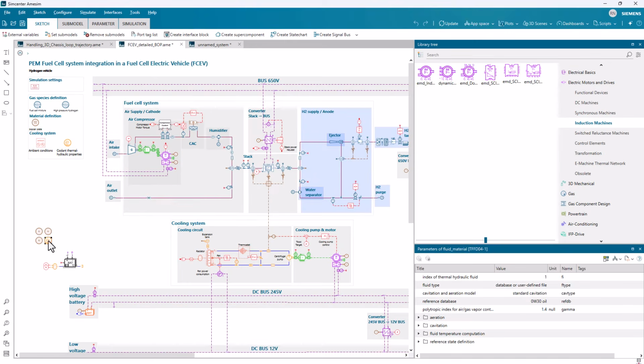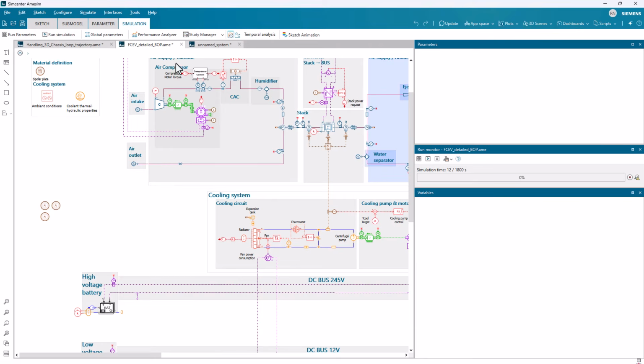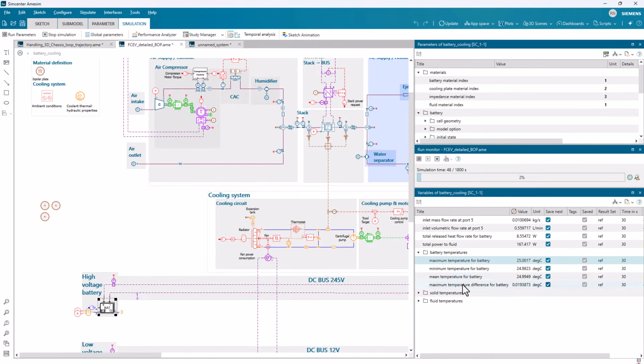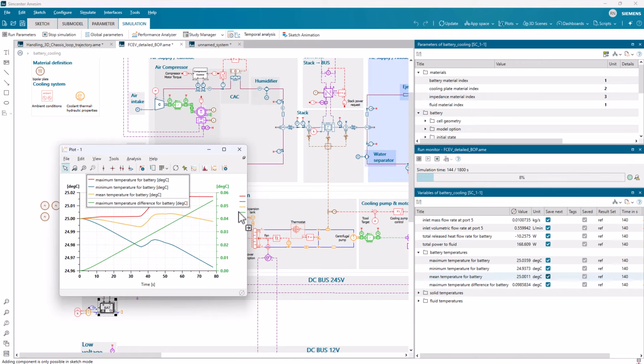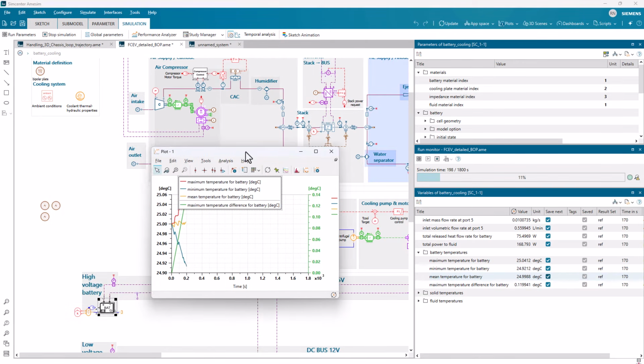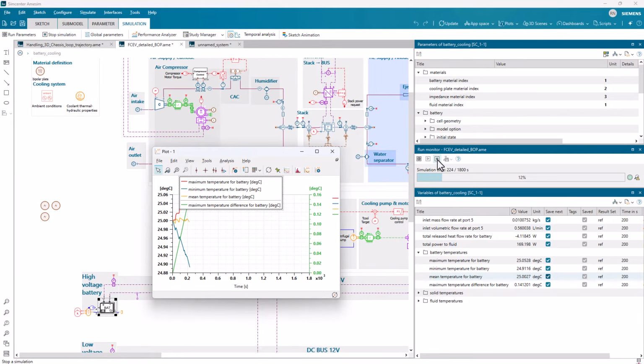When running a simulation, we have access to the maximum, minimum and average battery pack temperature, as well as the maximum temperature gradient between the hottest and the coolest cell. All predefined variables from the generated supercomponent. That's very useful when you design the battery management system, estimate the fast charging capability, or analyze requirements for the thermal management system. Yep, that's it.